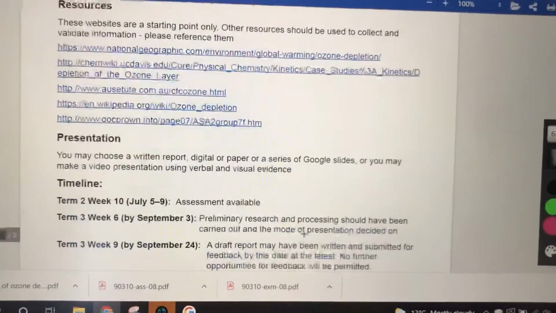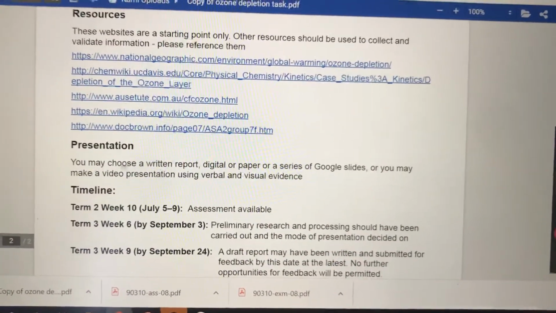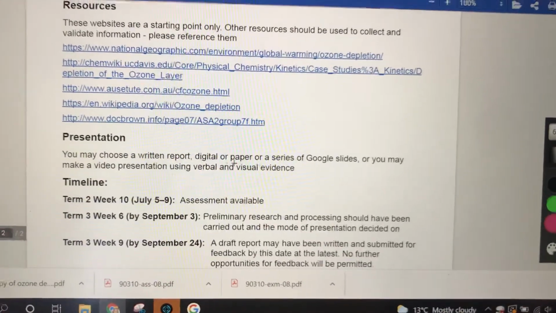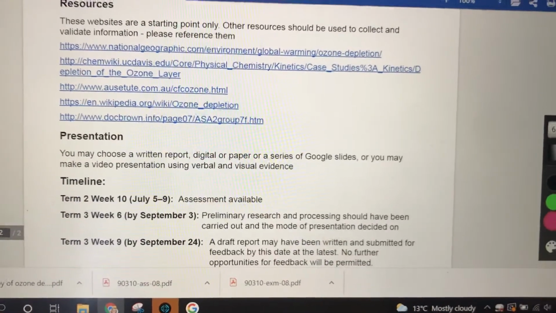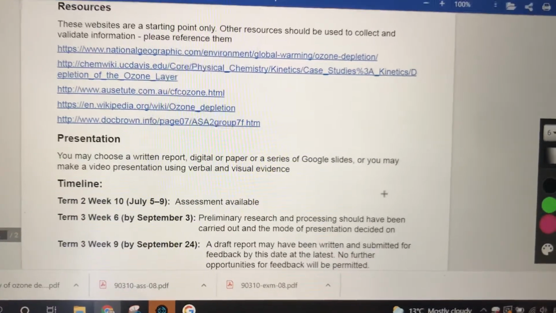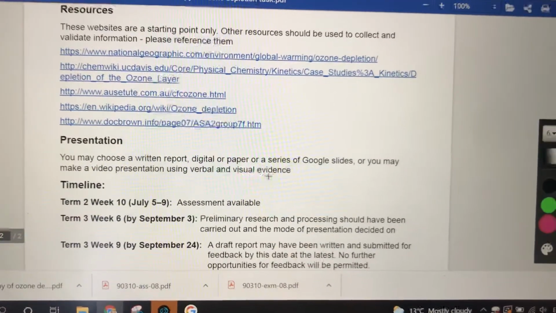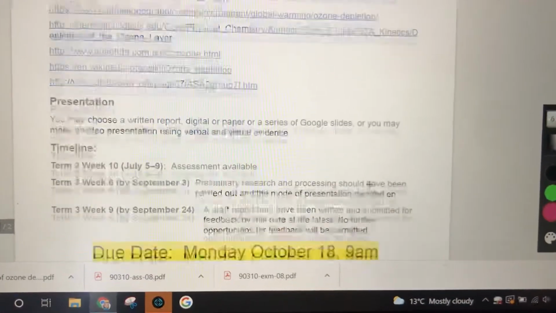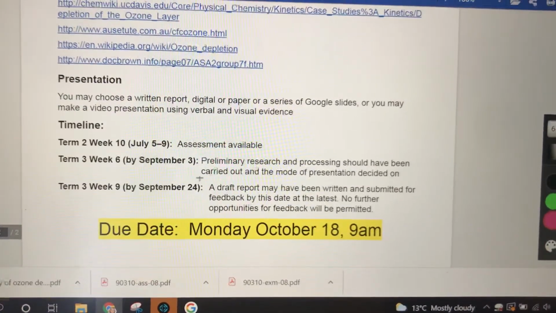That's pretty much it. You can choose however you like to present it. Most people do a written report, most people do it digitally. You can choose other methods if you like. Even a video presentation is absolutely fine as long as you meet all the requirements. Please note that you can